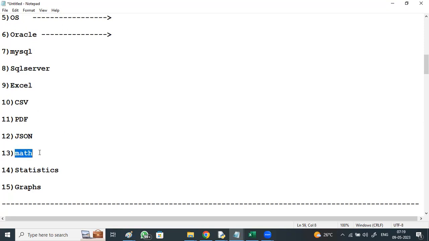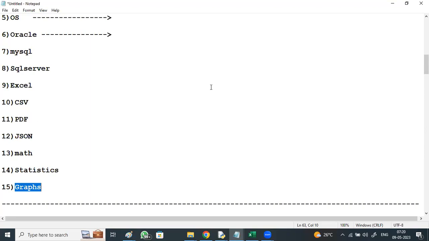For mathematical operations, we have got the math module. For statistics, we have got modules too. For generating graphs, any kind of graph we can generate using Python today: normal graph, bar graph, histogram, scatter plot, stack plot, pie graph, right?